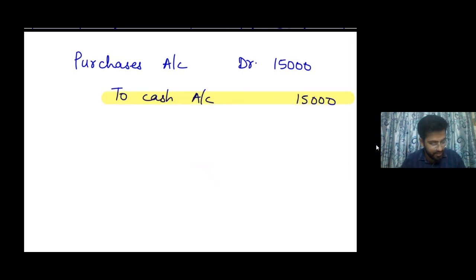But what is the mistake here? The account which we have selected, purchases. Sir, a few minutes back you told us whenever we purchase goods, we have to debit the purchases account. So we have followed your instructions only. Beta, my child, what I am saying is, the purchases account will only be used